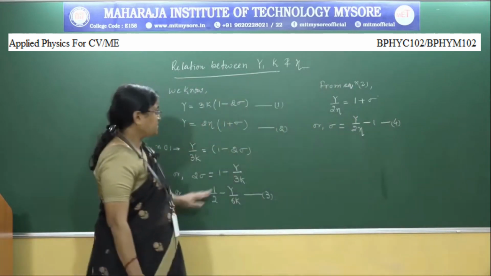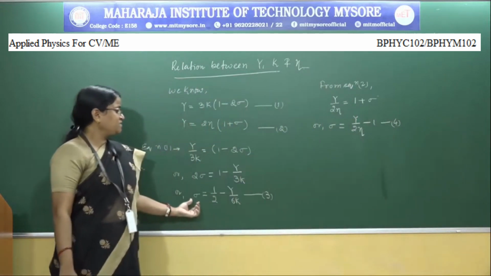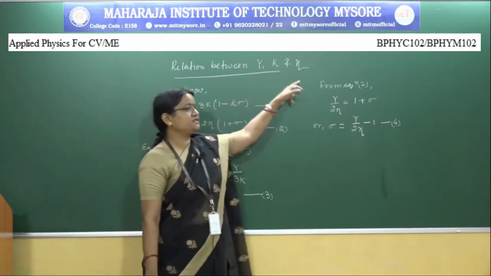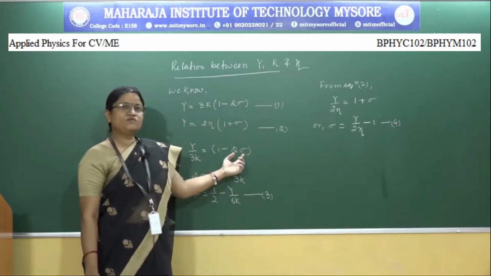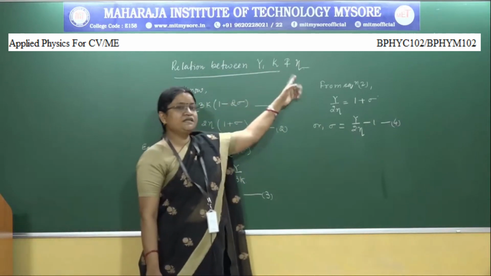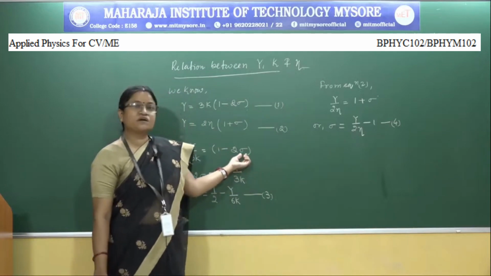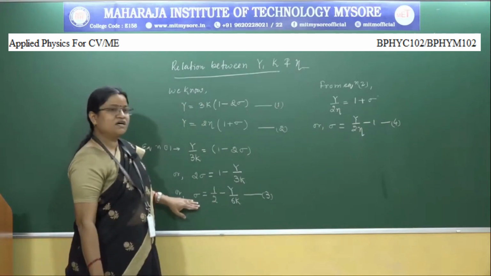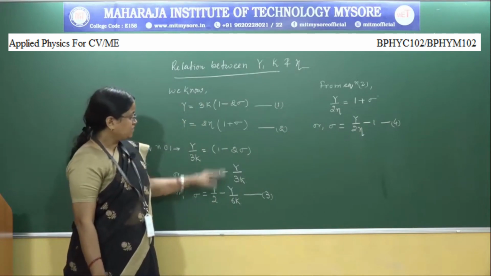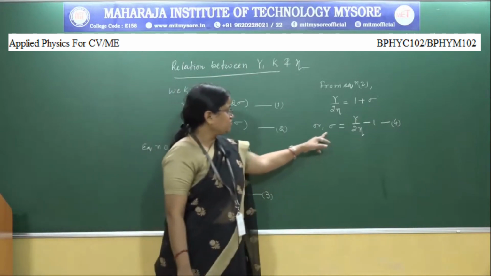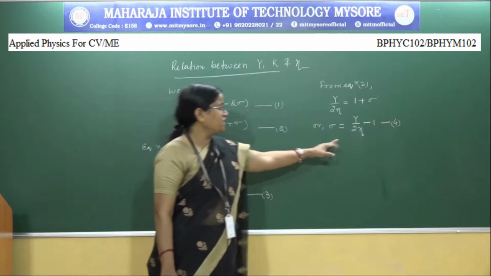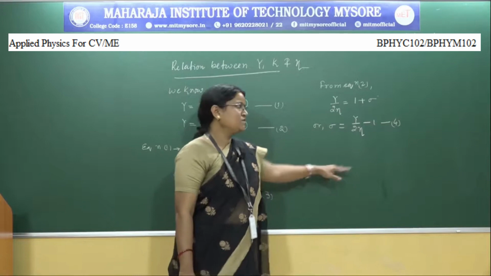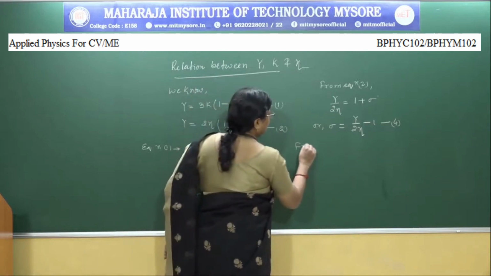Now, equations 3 and 4 are both expressions for sigma, the Poisson ratio, because we need a relation between Y, K and eta. So, what we have to do? We have to remove the term sigma. So, we simplified the equations to get the expression for sigma, and we have resolved it. Now, as both are expressions for sigma, if the left hand side is equal, the right hand side must also be equal. So, what we get from equations 3 and 4,